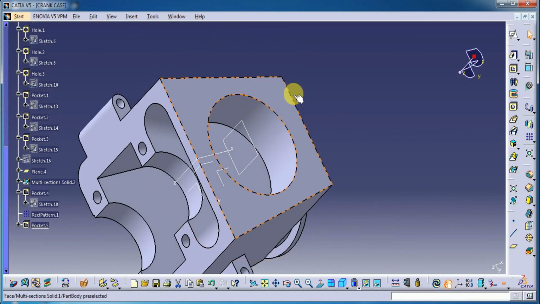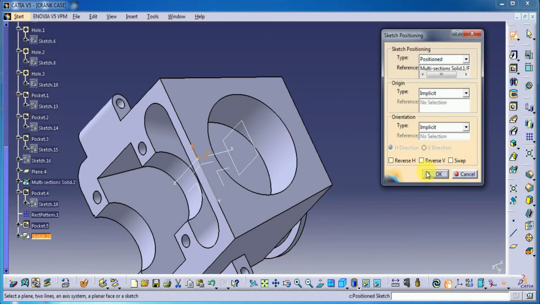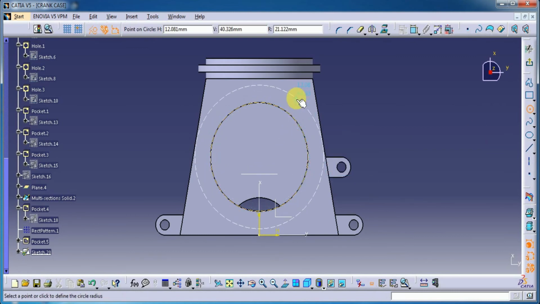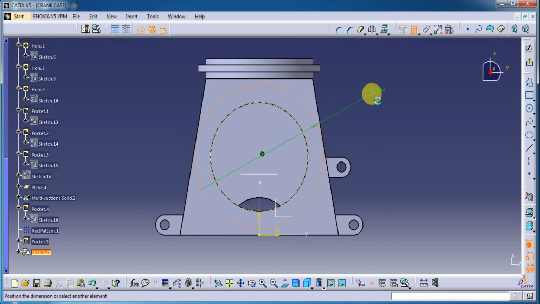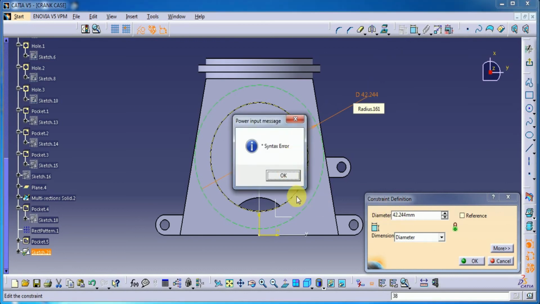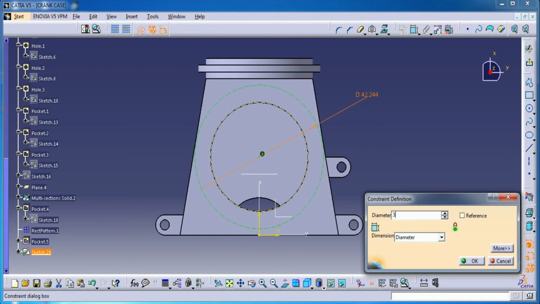Again select this plane here. Draw a circle with construction mode. Okay, before that project the circle. Right, okay, already it is in construction mode now. So now let's set the circle and make it concentric, and its diameter is 38 mm. Okay, 38 mm. Right,